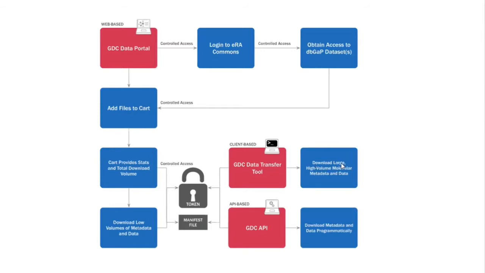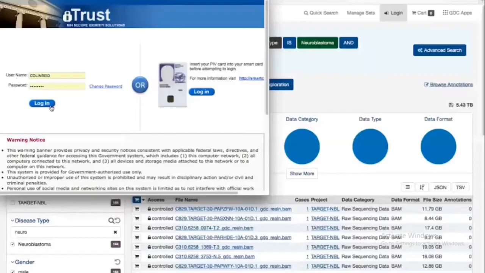We can download a large volume of molecular datasets with respect to metadata like this. So we will just move towards the particular portal. Before moving, I just want to show you how we can download this particular file. This type of controlled access data, they will show you the access information like this: controlled, controlled, controlled. It is in the form of large files, for example, in the form of GBs of datasets.